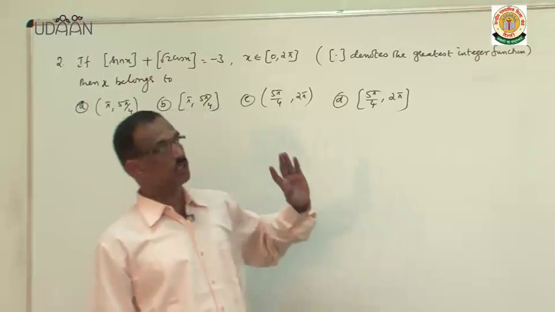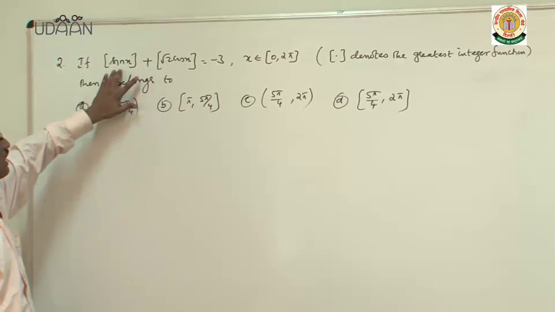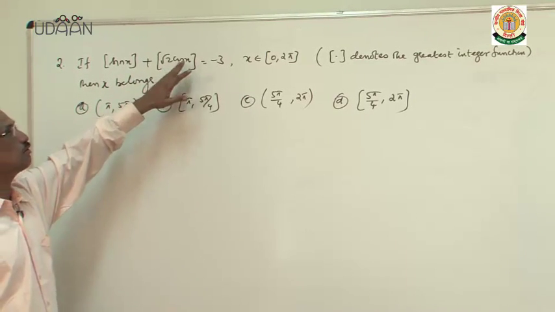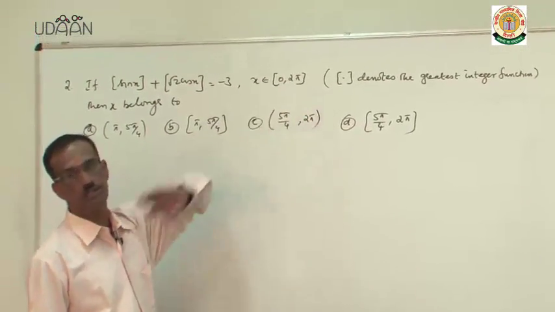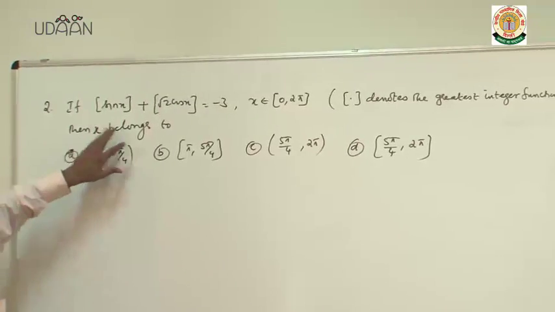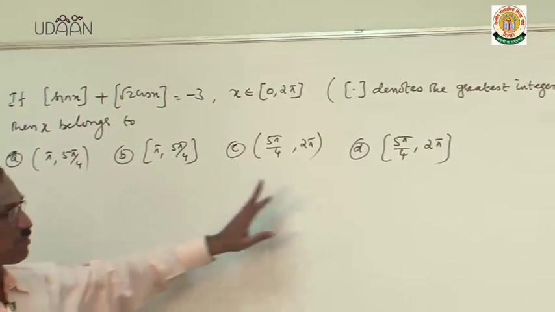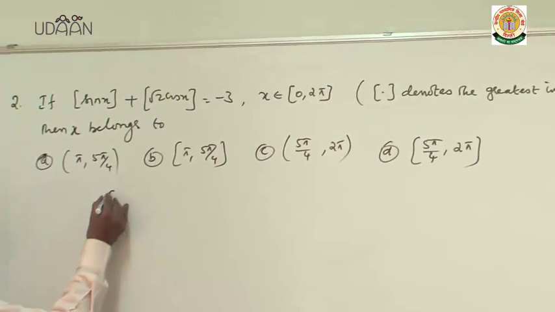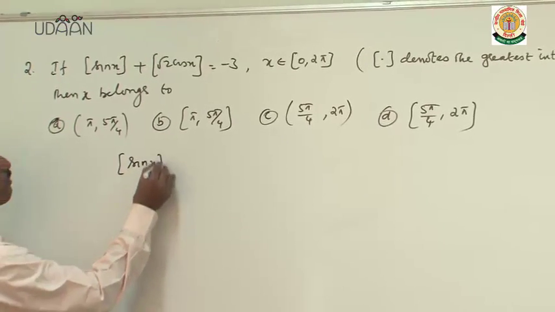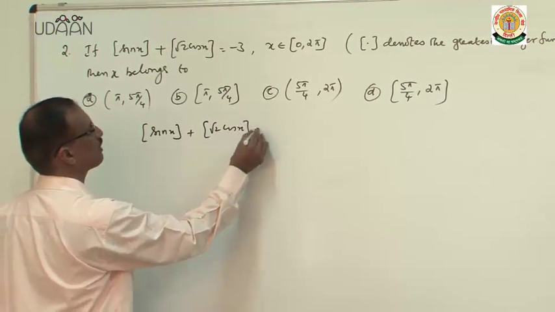Now, question 2 says, if greatest integer of sin x plus greatest integer of root 2 cos x is equal to minus 3, x belongs to 0 to pi, then x belongs to what? So, we have to find out from these options which is satisfying these conditions. Now, we are given that greatest integer of sin x plus greatest integer of root 2 cos x